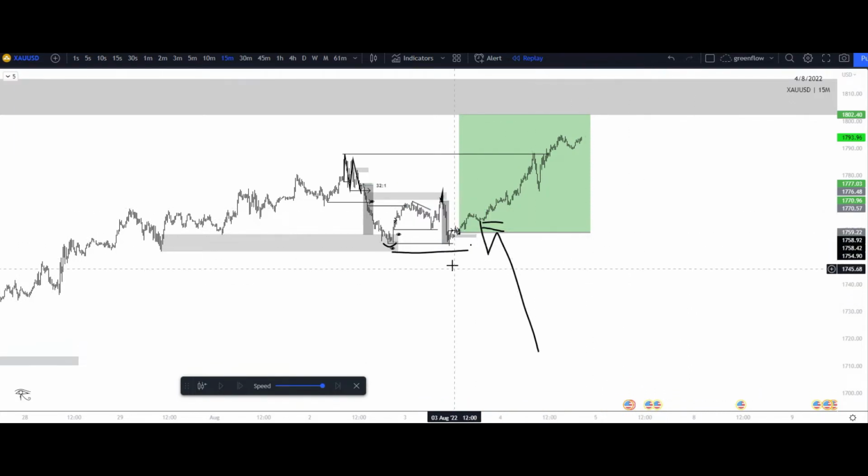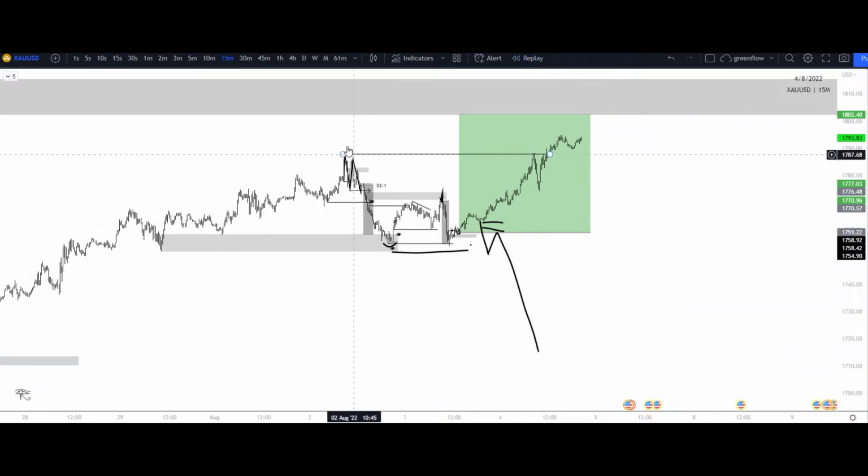But if I was wrong, then I now have a bearish bias and I now have the ability to take this lower. And that's how we can start to get very comfortable, because we understand where price should go, where it should respect. And if it does not respect that, then we can disprove our bias. So that was XAU on that. We talked about this short yesterday. We talked about this short today. We talked about this long today.